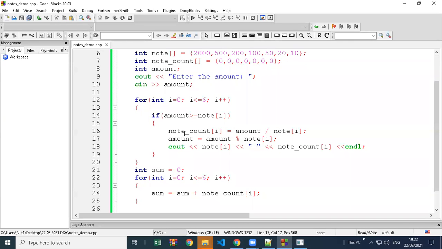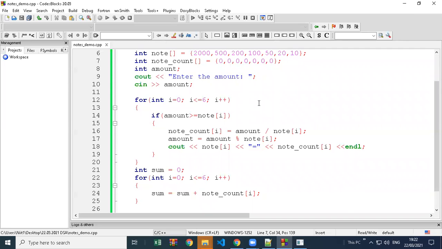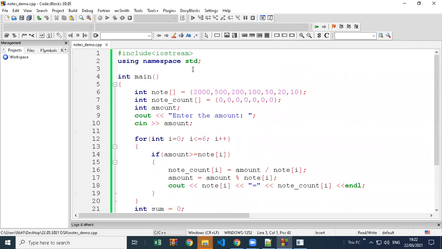Okay. So here we got the total note count as 2 notes. And after doing this modulo, meaning taking the remainder, we got 300, which gets carried forward and again checks the condition, divides, and it will keep checking the condition. So see, this is also based on the array and loop here. We have to take note numbers out from our array